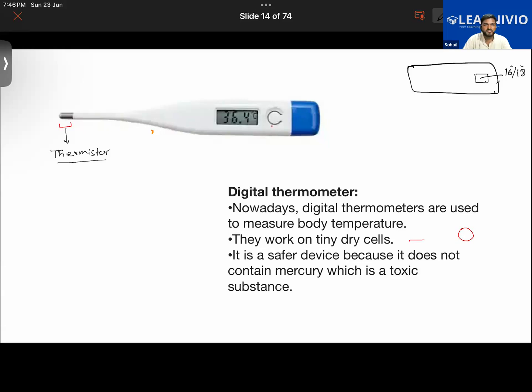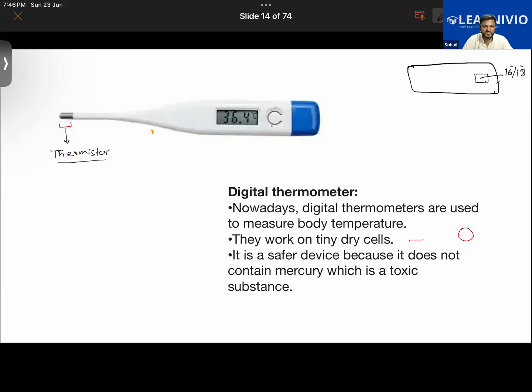See, basically, talking about mercury, it has a somewhat corrosive property. If you were to put it on metal objects, it would eat away the surface of metals. In that manner, it harms metal objects. Since it is also toxic, if somebody accidentally consumed it, it could lead to death. So then we switch towards the digital thermometer, where a thermistor, which is sensitive to heat, is used.